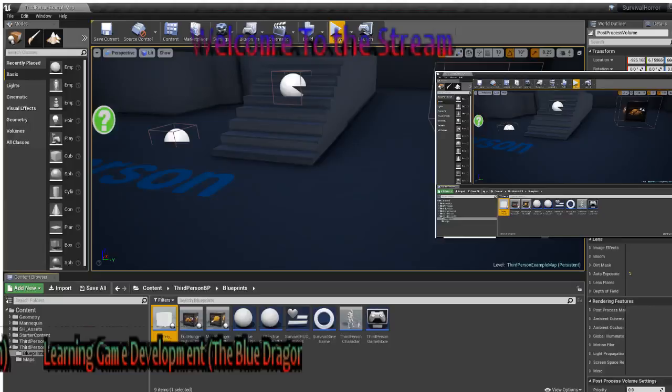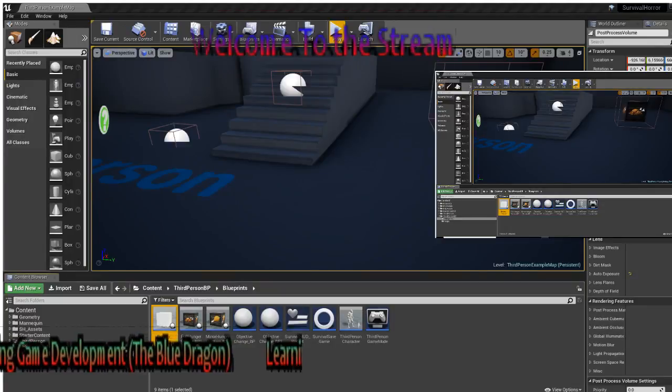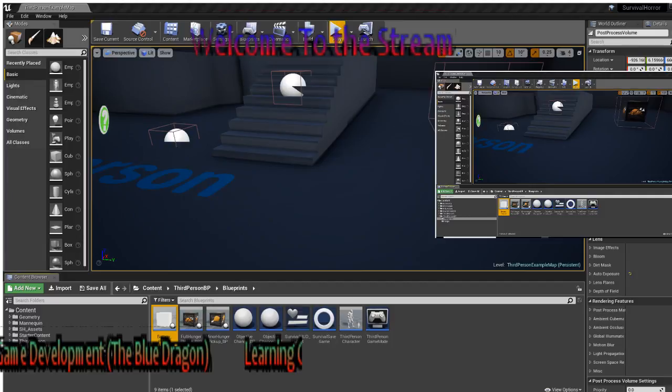I'm also going to do a quick print string so we can see what the return value of this is, to see the new player battery. So I'm going to press compile, press play, and we're